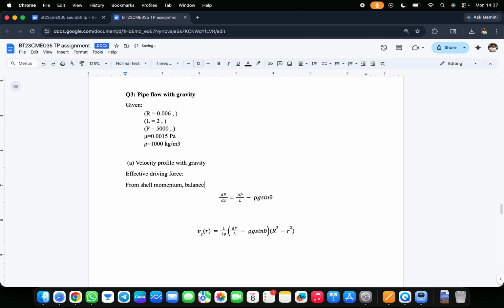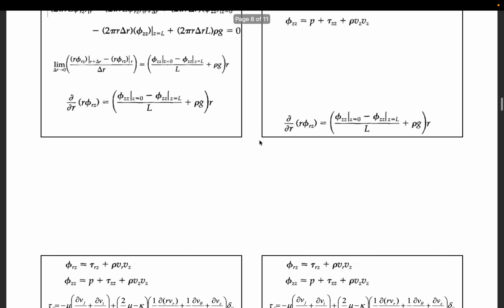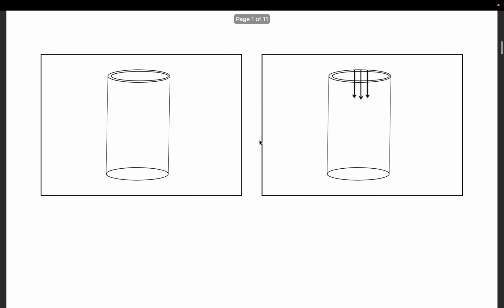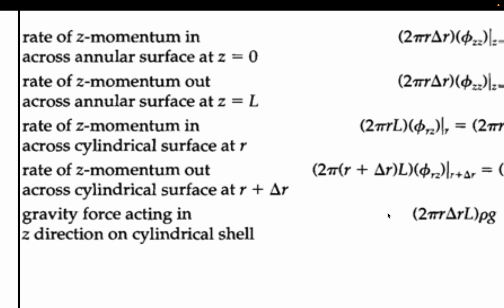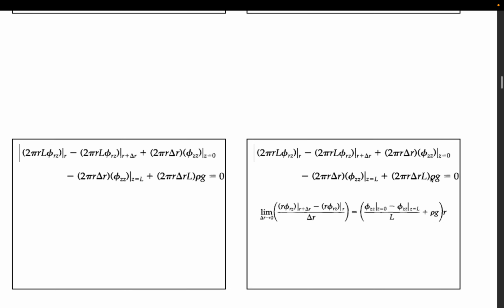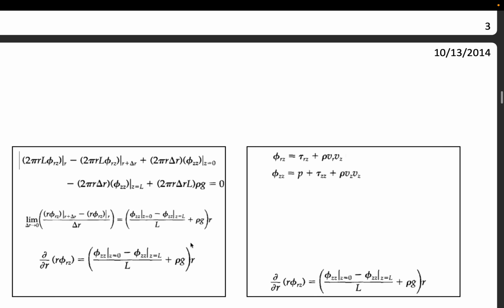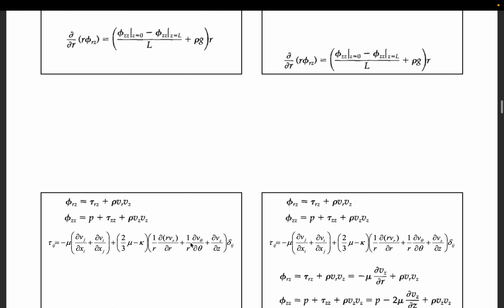This comes from the shell momentum balance. We will quickly see how it comes. First we have to take the differential shell, this type of shell, and the velocity is only changing in the z direction. So we will take only the z momentum, and after substituting all these values and doing the differentiation